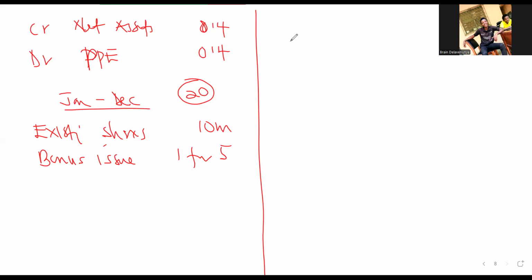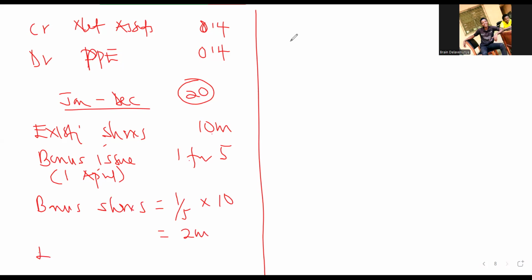Okay. So the bonus issue was made on, let's say, 1st April. It doesn't matter. The bonus issue is assumed to be made on the existing shares before the bonus issue. So it means that the bonus issue of 145 will be made on this one. So we can find the bonus shares on that one. That will be 1/5 multiplied by 10. Okay, we are going to be having 2 million.